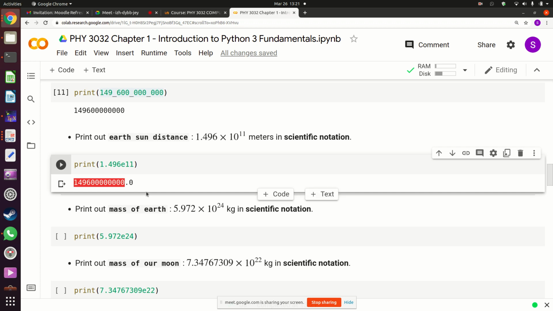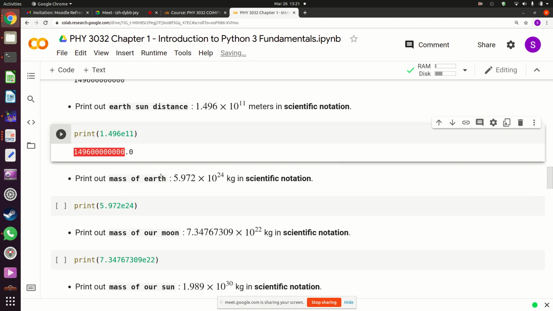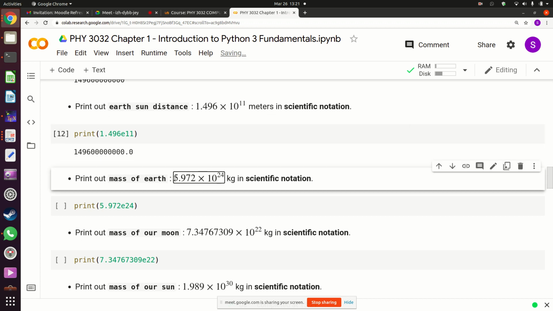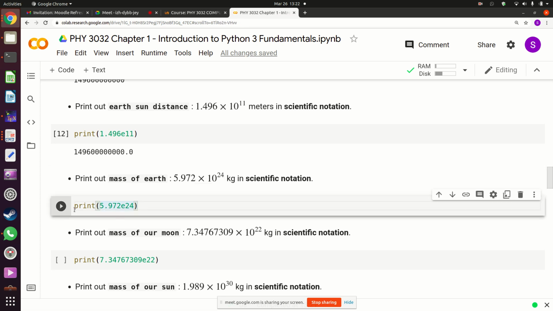Things can even get worse. For example, the mass of the Earth. The mass of the Earth is 5.972 times 10 to the power 24. That is a lot of zeros, right? Like 21 zeros, I think. Yeah, 21 zeros. That's a lot of zeros. But you can save yourself the trouble of having to write such a huge monstrous number by just writing it in scientific notation. So you say print 5.972 e to the power 24. When you do that,